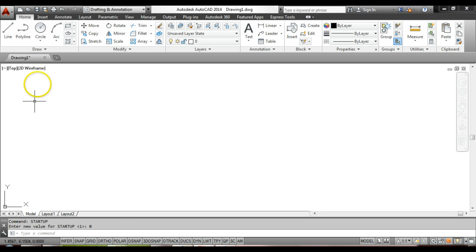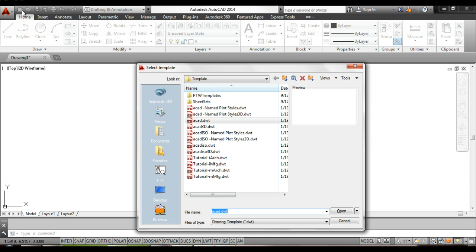So what I'm going to do is go up right beside my menu browser and my quick access toolbar up here and click the new button. And you'll notice that it brings me up to this box right here that says select template. And those are some predefined templates that came installed with your AutoCAD. What I want to be able to do is create my own template today. So this is not something I want to do, so I'm just going to click the red X or cancel